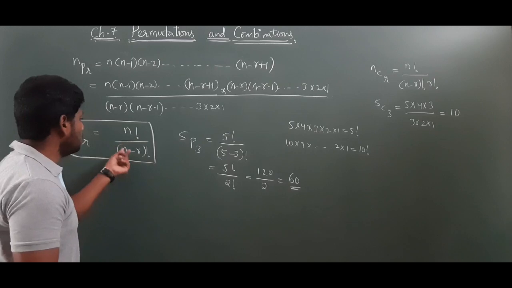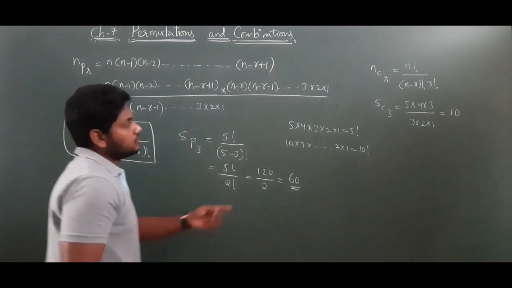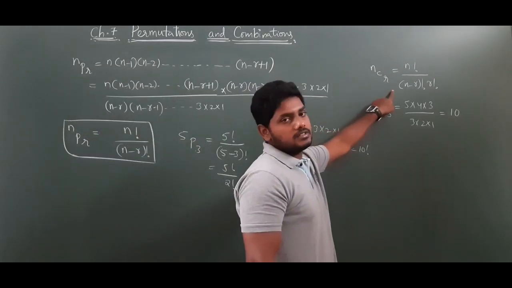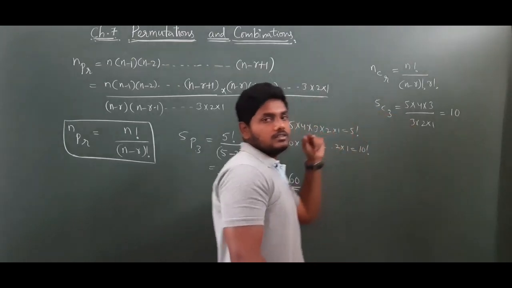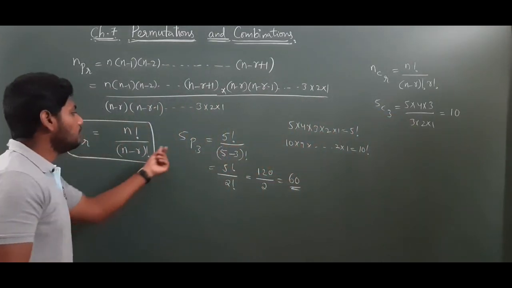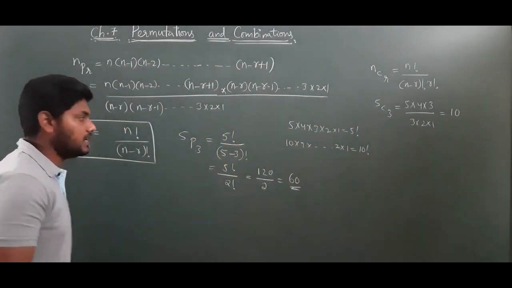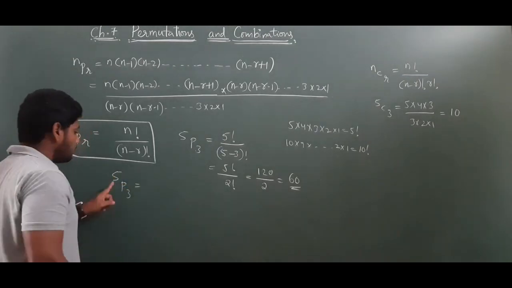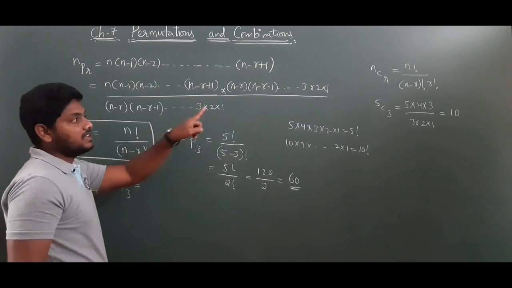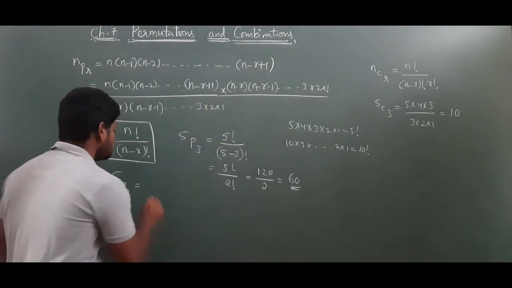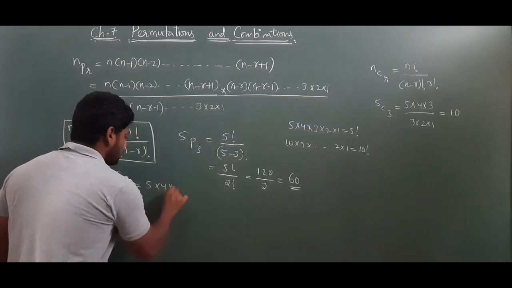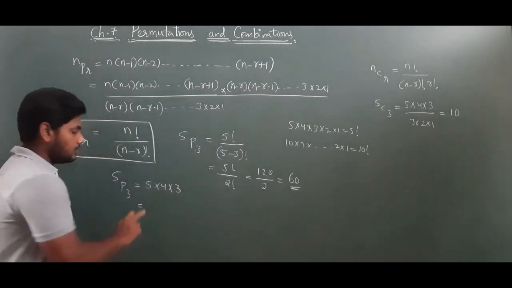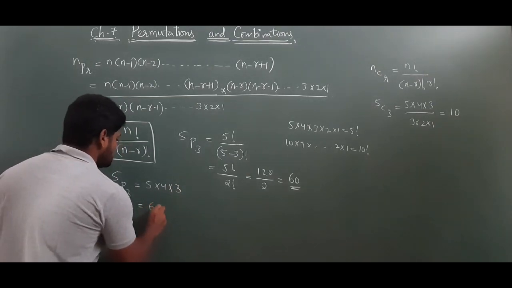So this is according to the formula. So this is also NCR formula based, but we can decrease like this now. When it comes to permutations, how can we decrease instead of using that formula? Whenever 5P3 is there, you decrease 5 three times, like in 5C3: 5 into 4 into 3, that's it. 5 into 4 is 20, 20 into 3 is 60.